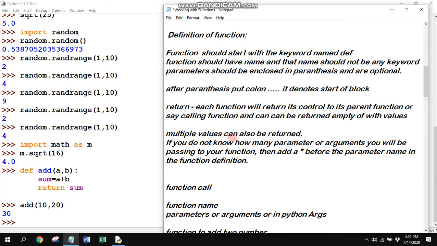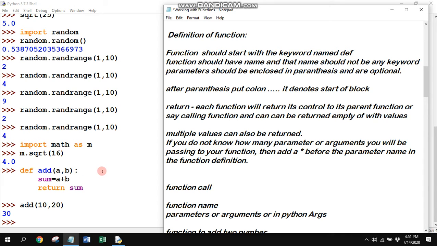Multiple values can also be returned. If you do not know how many parameters or arguments will be passed to your function, then add a star before the parameter name in the function definition. This we will see in the next video.